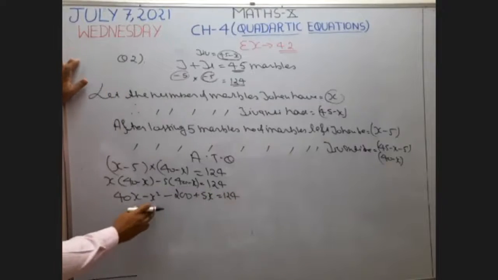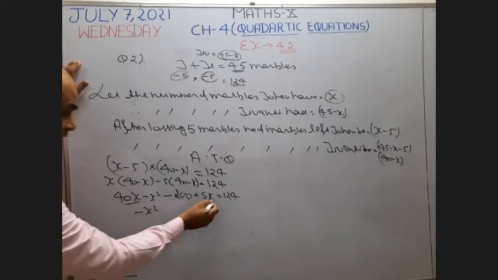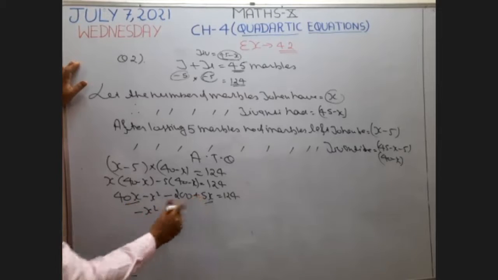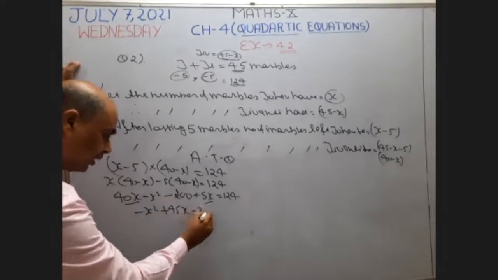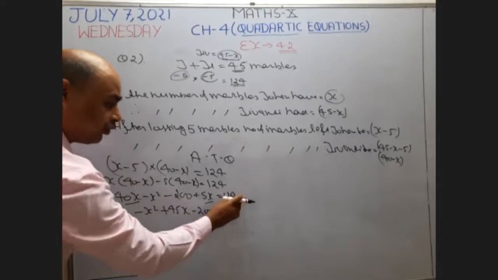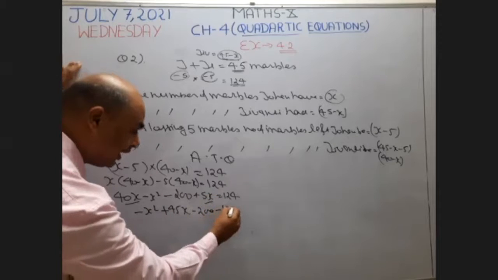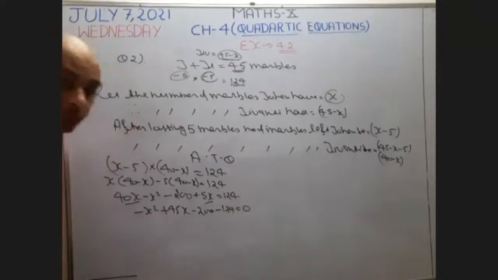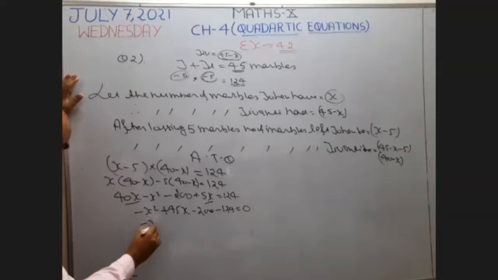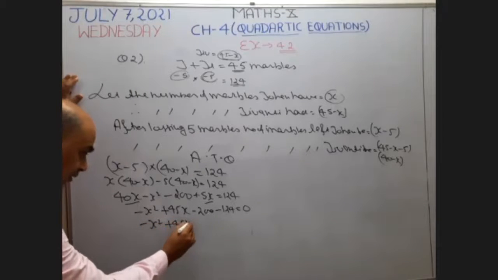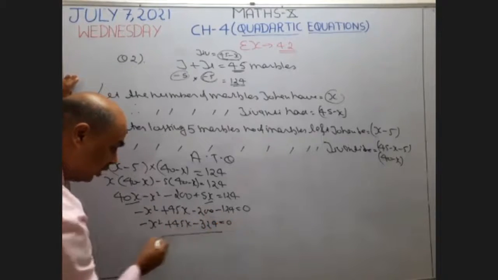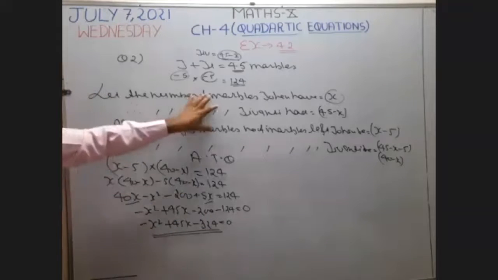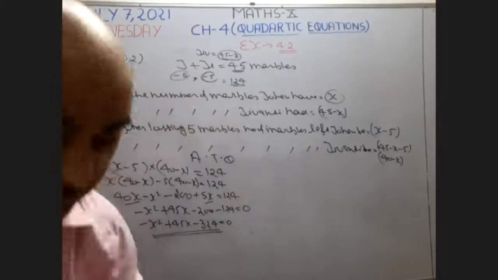Okay. Now see, I write X square as it is because this is a single term. After that, 40X and 5X both are positive. 40 plus 5 becomes 45X. What is left? Minus 200. I take this number 124 from right to left, so this becomes negative, and what is left on the right? 0. Okay. Now I write here minus X square plus 45X. Now see, minus minus is plus. So this becomes minus 324 is equal to 0. This is the required equation of the given situation. Okay. This is the required equation.